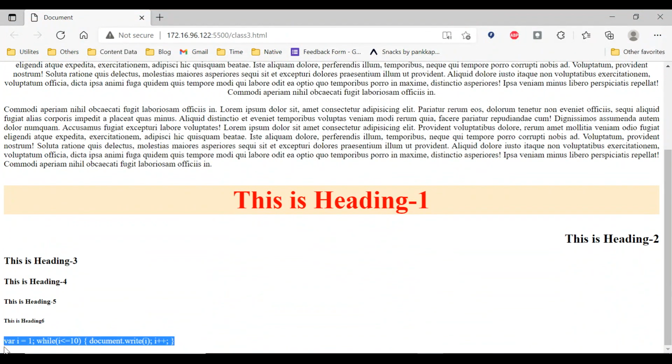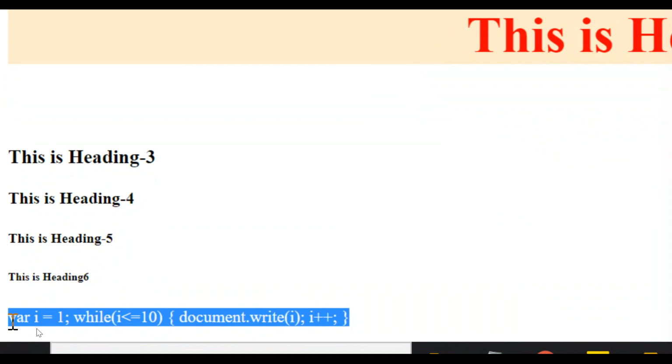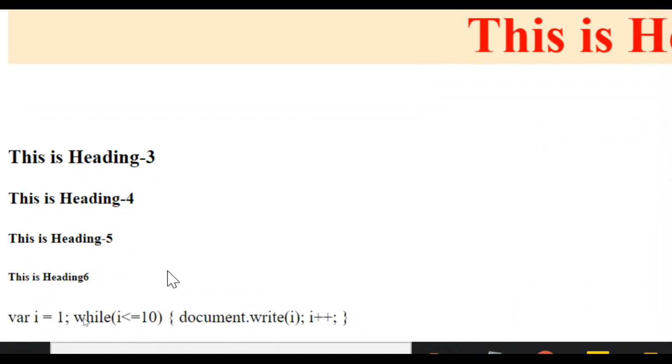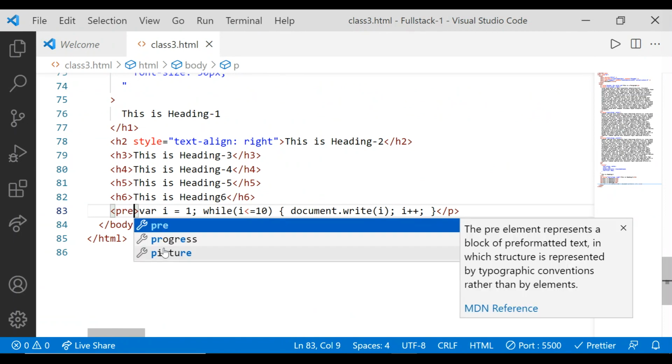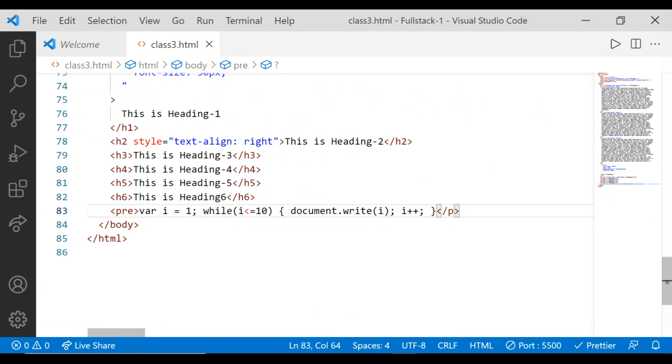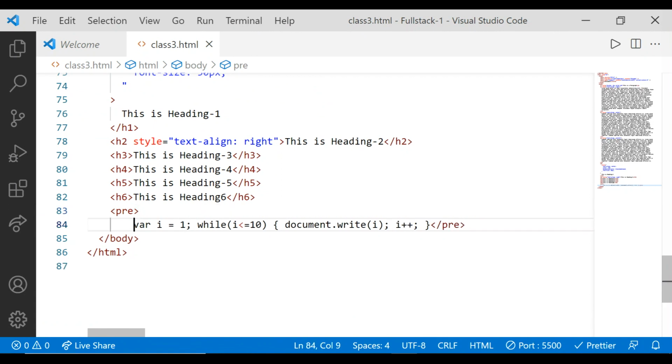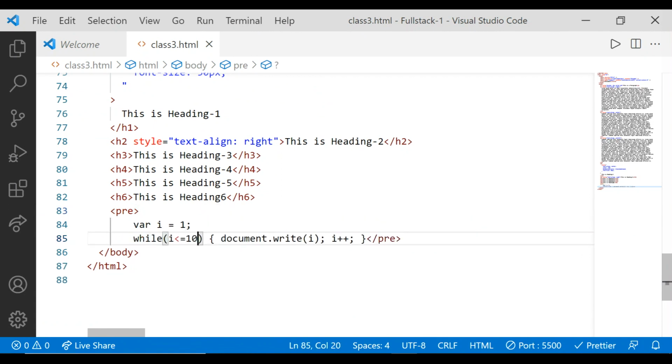See here, I had given it properly with white space, I pressed the enter key, but the spacing didn't come because HTML doesn't care about the white space. Okay, but if you want to add white space into your content for display purposes, you will not use the p tag. Instead of the p tag you can use the pre tag. So I'm changing it here to pre, and here I'm also using the pre tag. Now I take it back to its location.